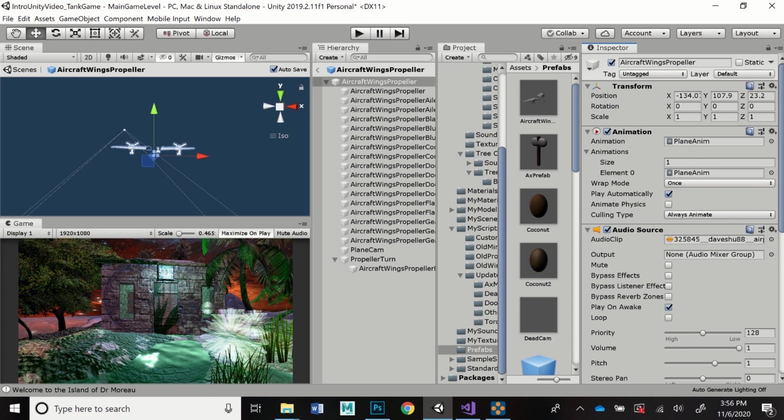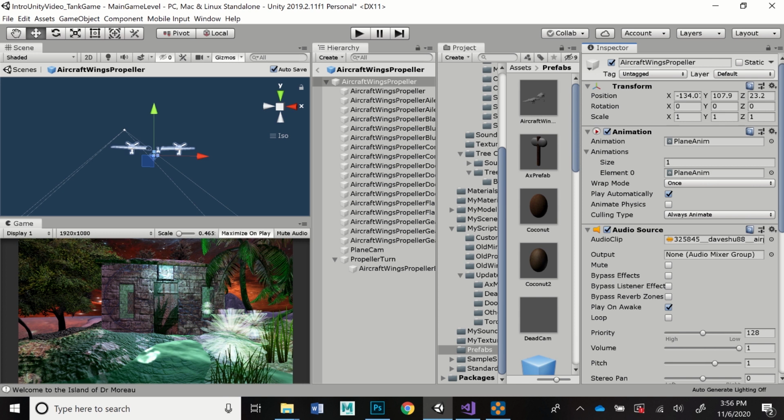So this aircraft wing, and I'm only using the wing because I only see the wing from the camera's point of view. So I only grab that part of the model of the standard assets prefab for this plane. And I placed it up here and I animated it to move